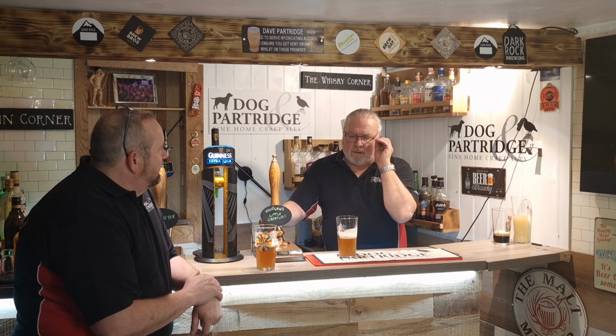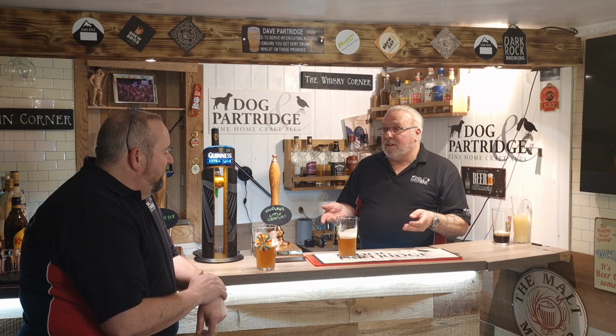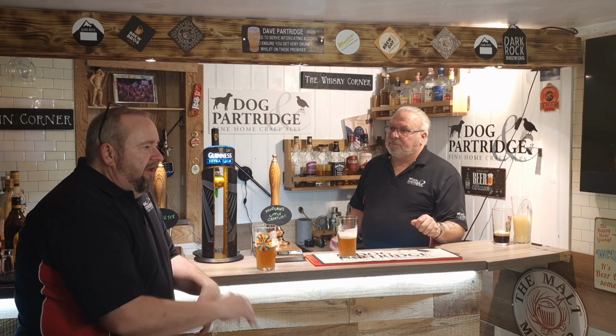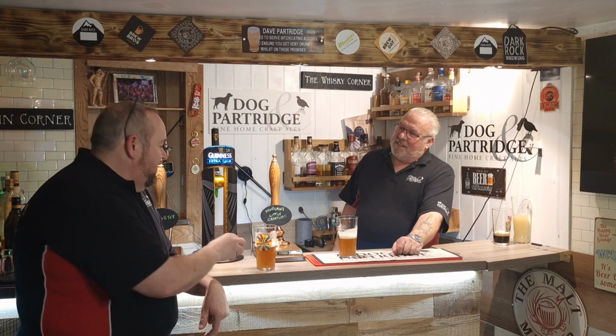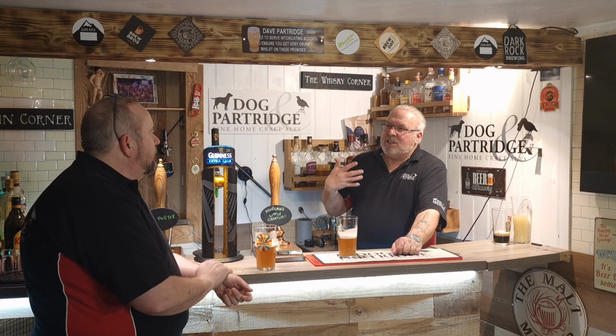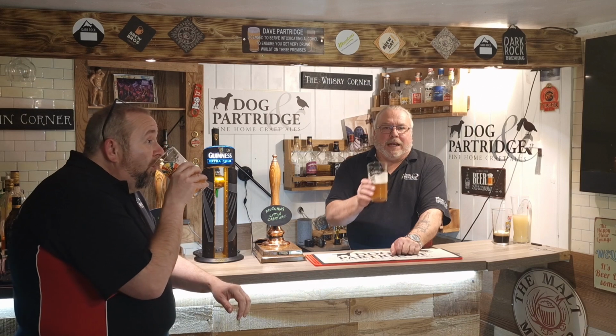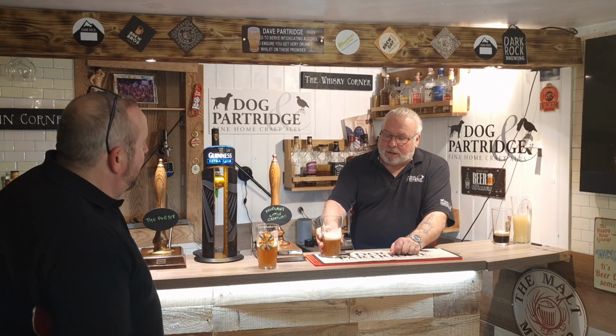It is, yeah, because the hops are well balanced, and the beer is very rounded. It's very smooth. Lovely stone fruit taste to it, and also quite a nice bitterness afterwards. But that bitterness kind of tells you the strength a little bit, doesn't it? I think the bitterness is masking the strength taste. Because I'm drying out now, and I need to sip. Let's go back some more. 7.3. Oh. Anyway,